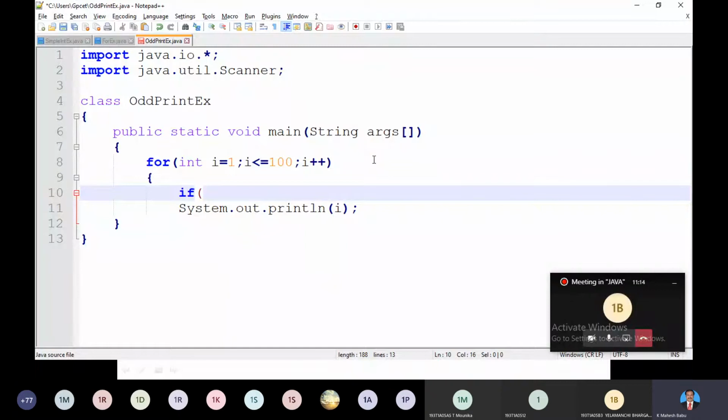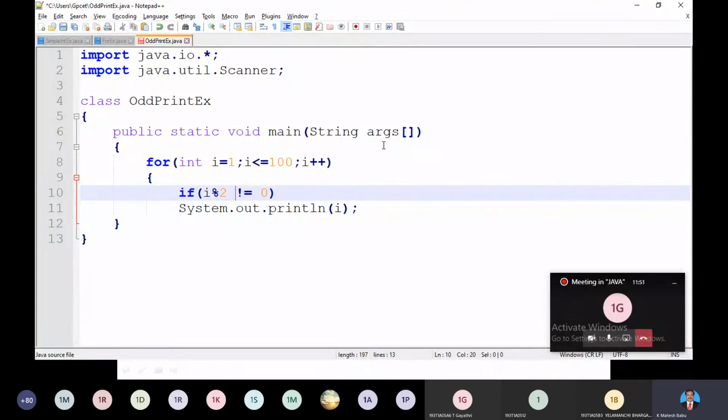I will have 1, 2, 3, 4 and so on. Every time, i is going to vary from 1 to 100. Initially i is 1, next iteration i becomes 2, next iteration i becomes 3 and so on up to 100. So first, whether the i value is even or odd. How do we know whether it is even or odd? If the remainder equals 0, it is even. But the condition is that we need to print if it is odd. So I make this one as not equal to 0. So I am making this one as i mod 2.